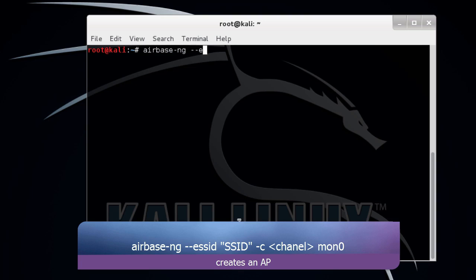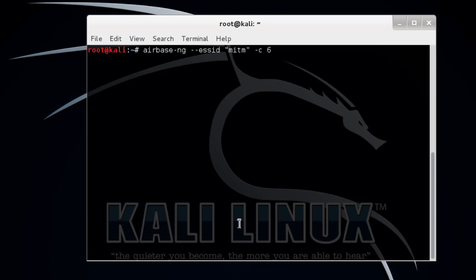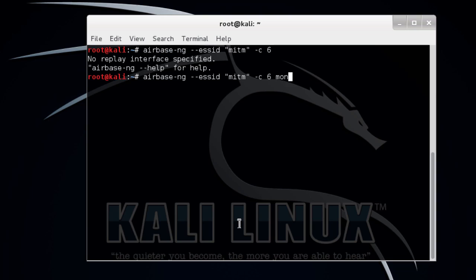The parameters that I'm going to use are --essid to specify the SSID of our access point, and I'll use MITM in this case for man in the middle, and the channel that we want the access point to work on, which will be 6. And oops, I forgot to specify the interface that we are going to use, and this will be mon0, our